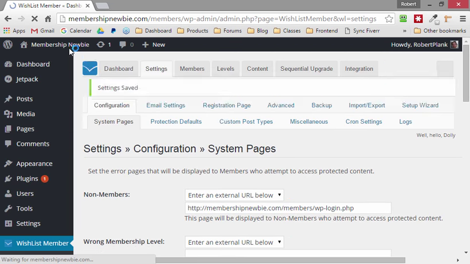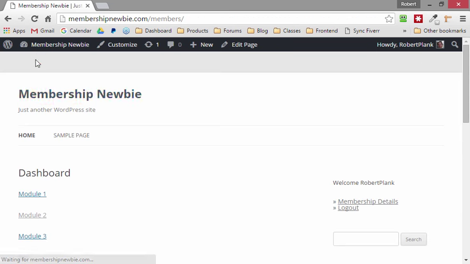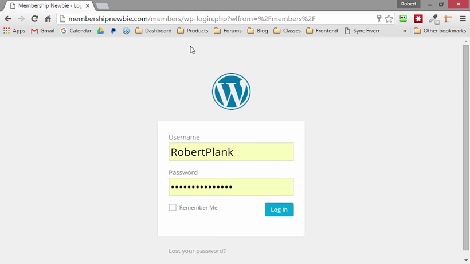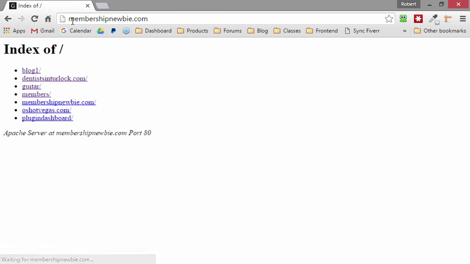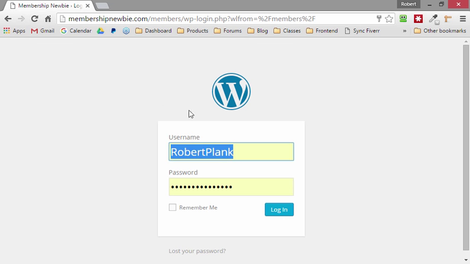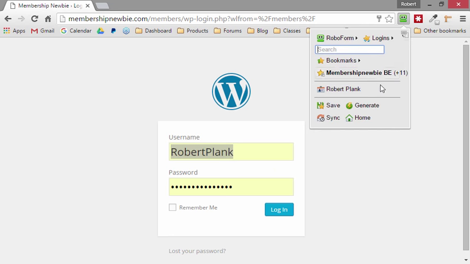Let's try it out. Membership newbie, visit site. Now see we're logged in. Click log out. And if everything worked like we wanted, now the only thing to do here is to log in. Even if we went to just the normal web page, here's the front page where nothing's on it. And then if we go to members,